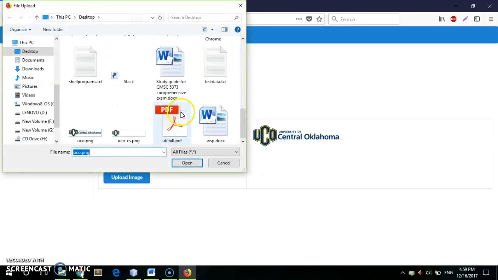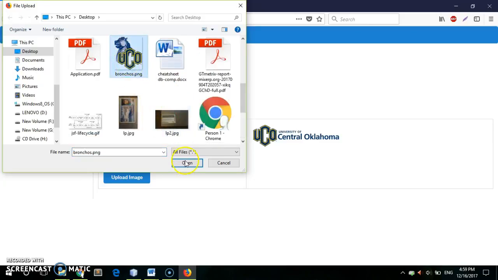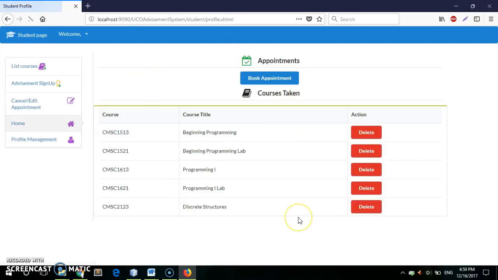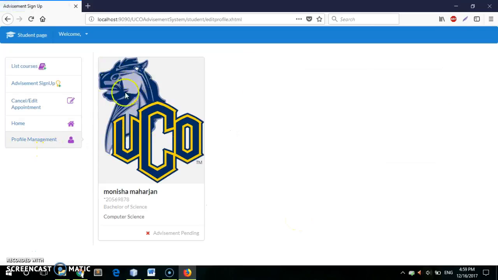So let's select something else. Let's select this. So you can see that the preview is generated on this side. When you click on upload image, it will upload the image. So when you click on profile management, your image is uploaded to the side. Okay, now